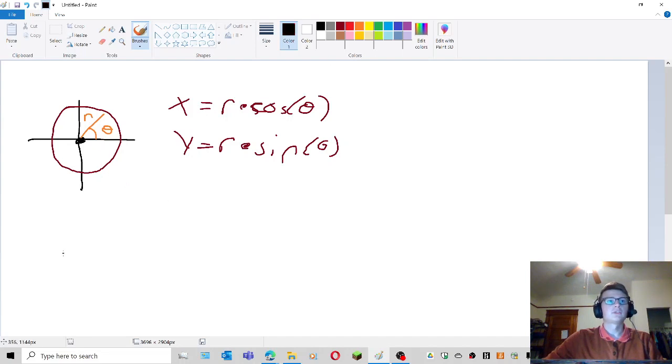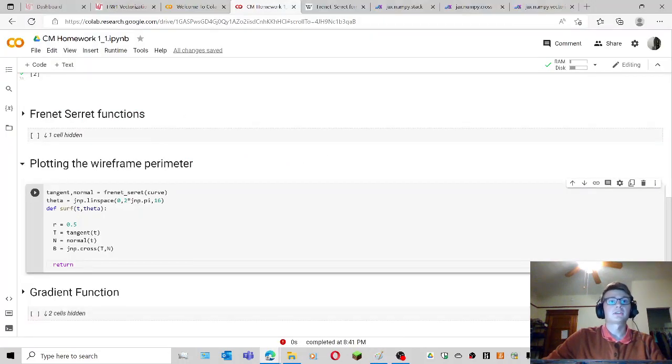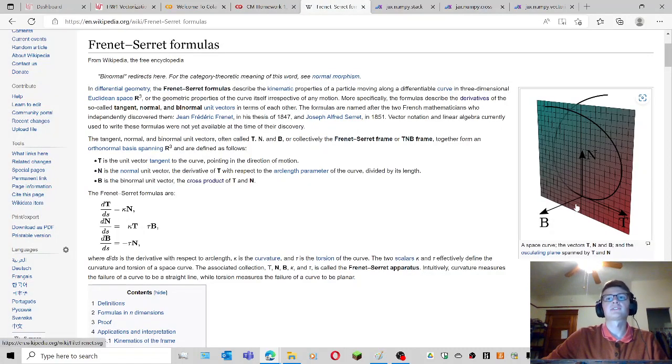Now let's say we go back to my three-dimensional curve, and now I have some spiral, right? Well, I could take this two-dimensional circle and I could put it on the spiral at any given point, but it would be kind of weird unless I had some plane that's always perpendicular. And so that is what the cross product of these two, or specifically the matrix multiplication, or I guess n and b. n is like the x-axis of this flat plane, and b is like the